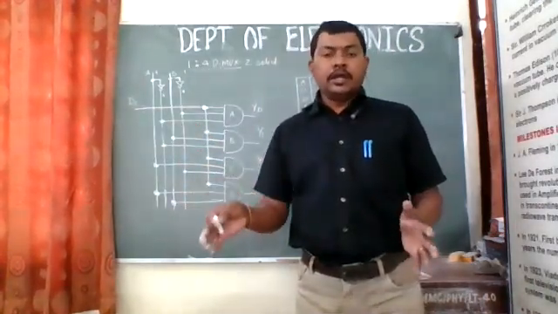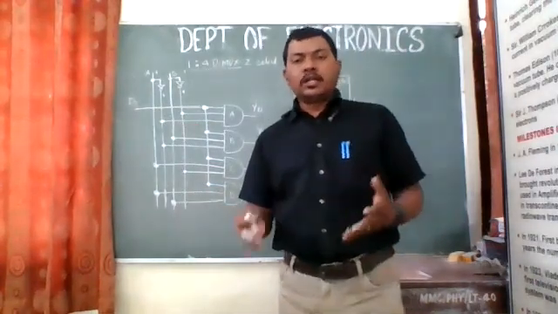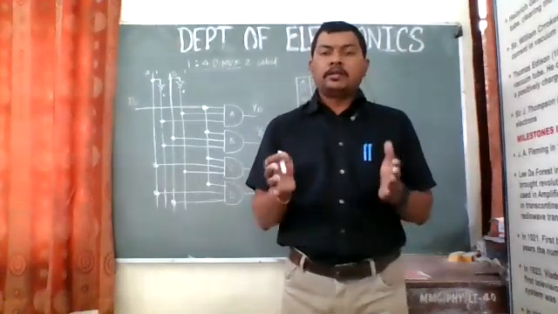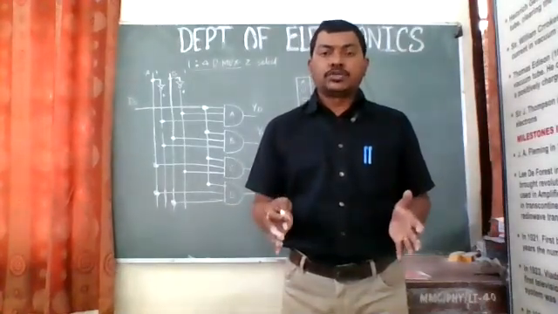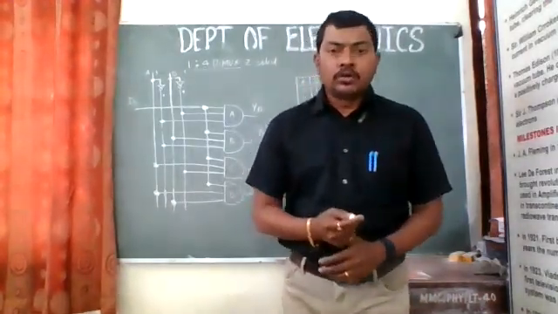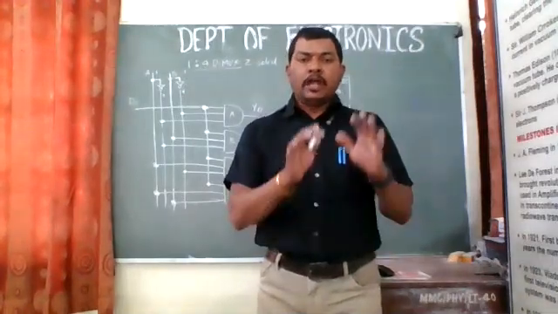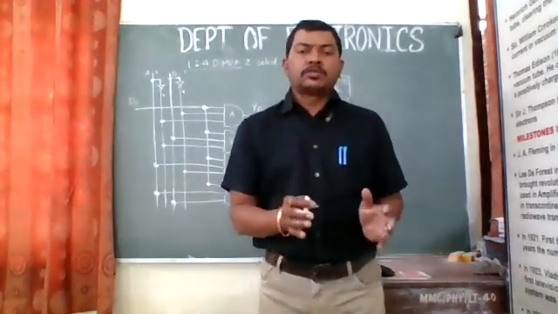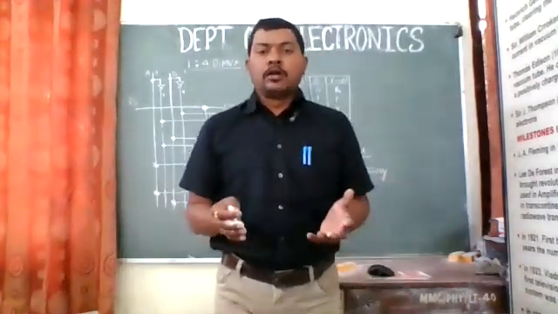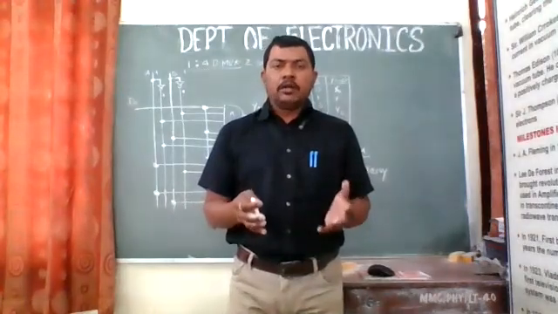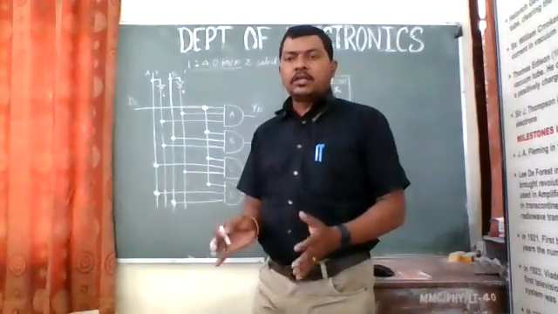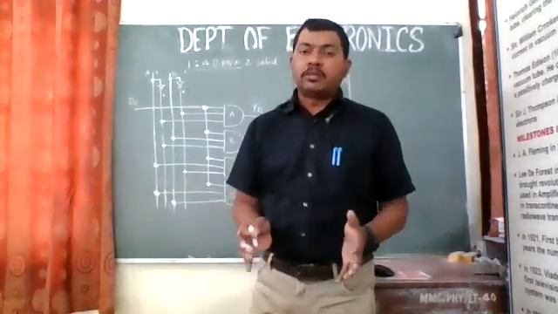So 8 is to 1 mux. And similarly, the same circuit can be used for the demux, that is 1 is to 8 demux. Again, it should have the 3 select lines for that. So I guess you have understood how to draw this circuit, mux and demux. While in the presentation it was difficult to understand, and it appears to be a little bit complicated circuit, when we go through this type of arrangement and simple connections, it is very simple to draw and very simple to understand.